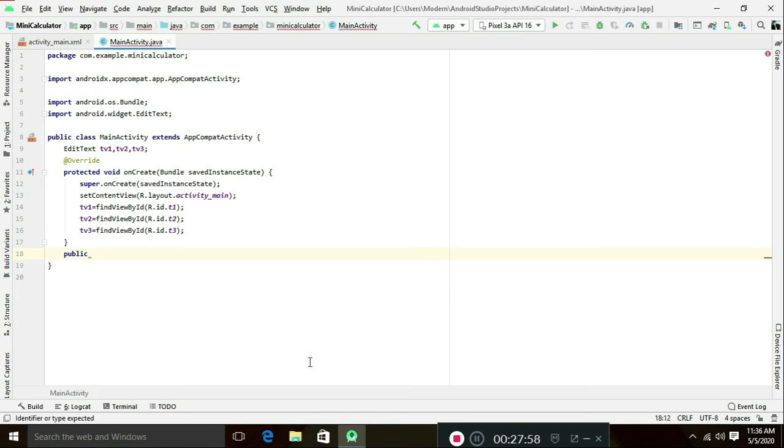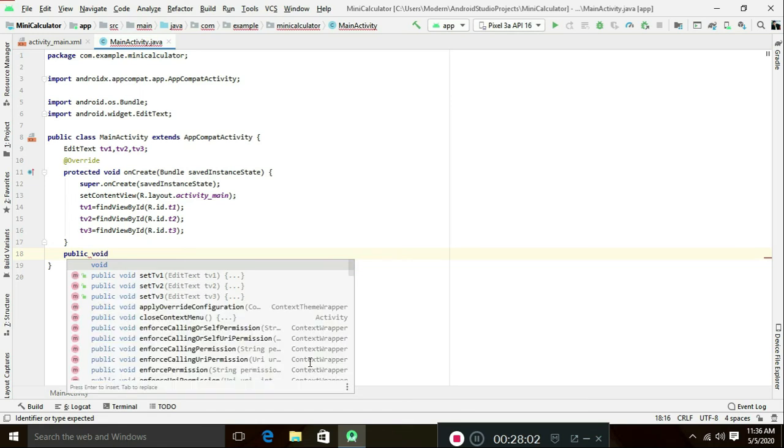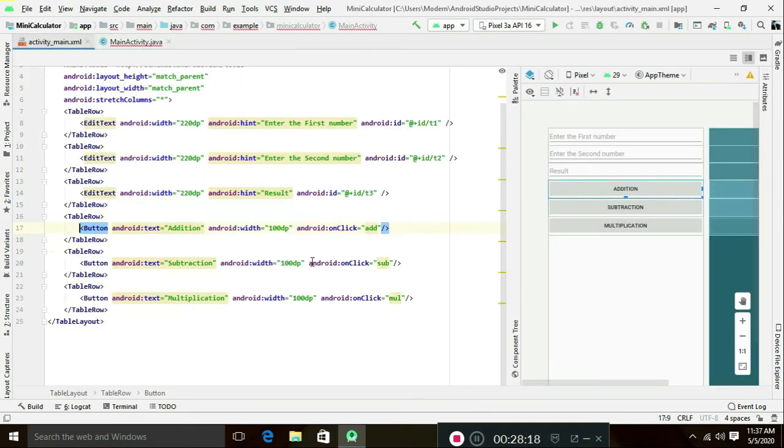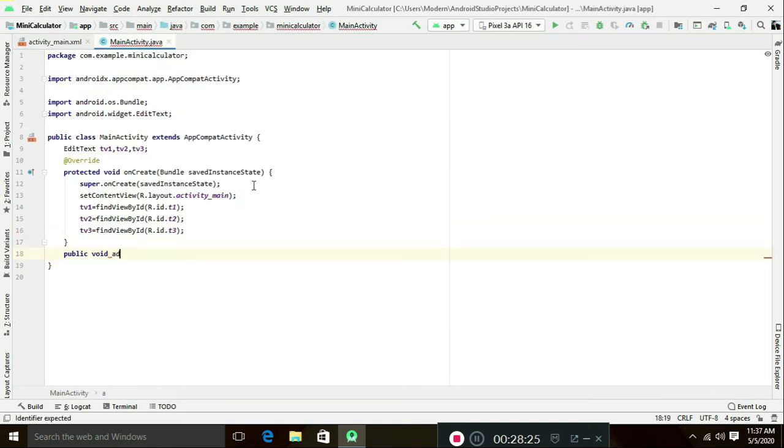Finally, implement the three methods: add, sub, mul. First I implement the addition method. Public void add. I hope you see what method I will implement. Type the argument View.